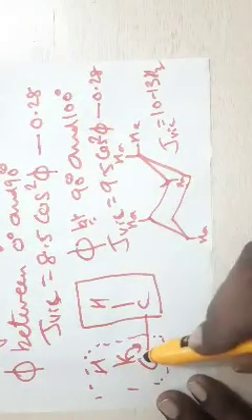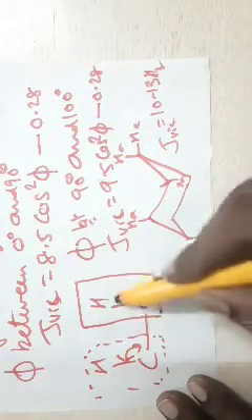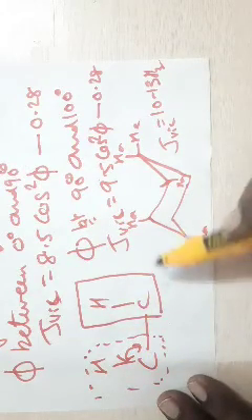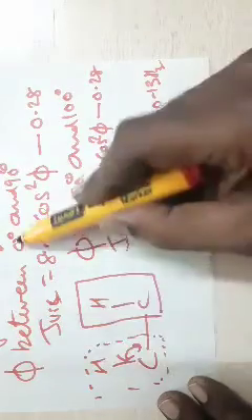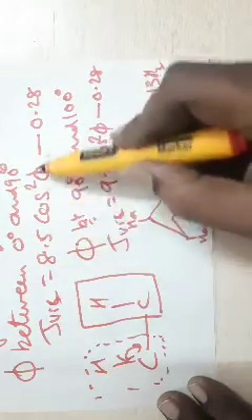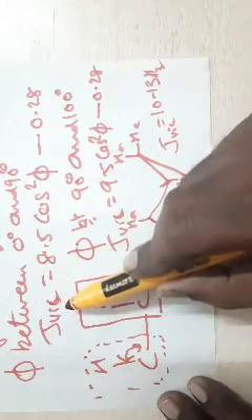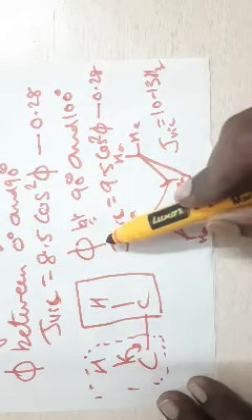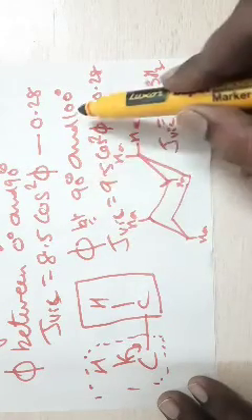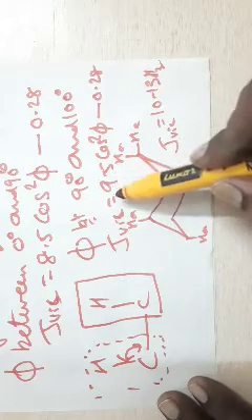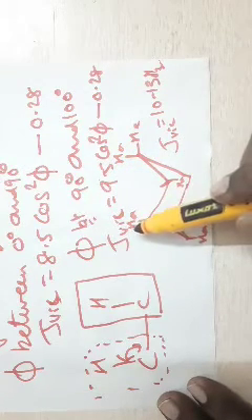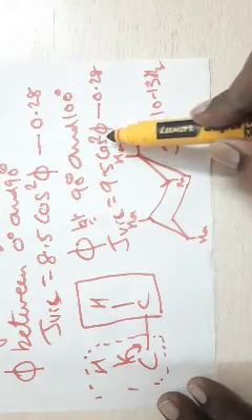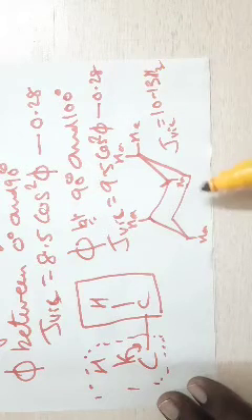See, this is one CH group, this is one CH group, vicinal protons. What is the angle between the two CH bonds? That is called the dihedral angle. If the angle is between 0 and 90 degrees, then we make use of this equation to calculate the coupling constant value: 8.5 cos square theta minus 0.28. If the dihedral angle is between 90 degrees and 180 degrees, then we use this equation for calculating the coupling constant value for the vicinal protons: J vicinal is equal to 9.5 cos square phi minus 0.28, where phi is the dihedral angle.